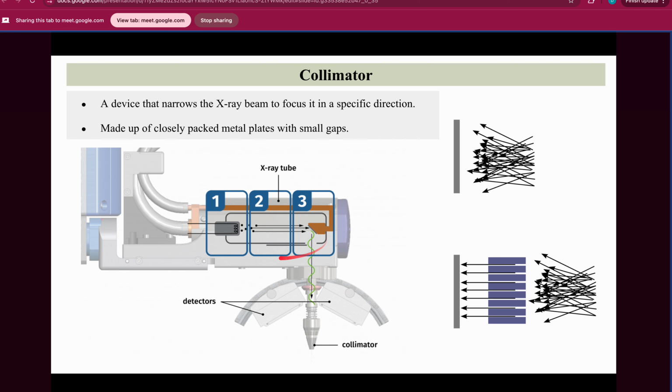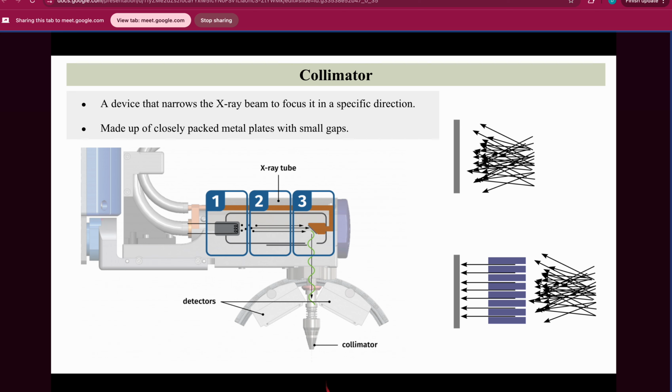In this case, as you can see, the X-rays are generated. This is for the sake of representation only. From this cathode, the electrons are generated, moving to the anode, hitting the anode, heat is dissipated, X-ray is generated, then the X-ray is passing. And then there is a collimator. What it is doing is narrowing that X-ray beam and passing it to